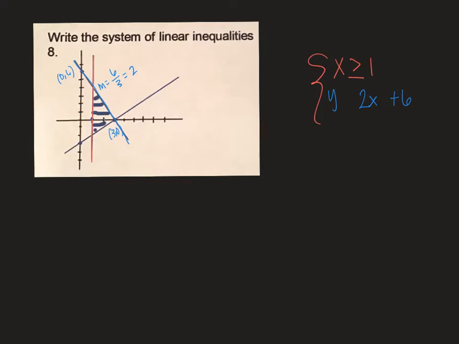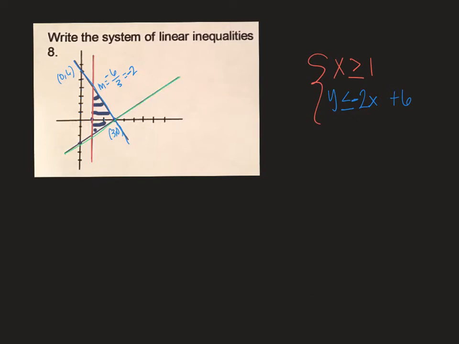It's shaded below this line. So below would be less than. It's solid, so it has to have that or equal to. So we know our next line is y less than or equal to, sorry, negative 2x plus 6 because we went down 6. So we have a negative slope. And then our third line